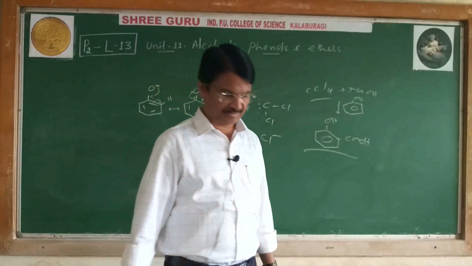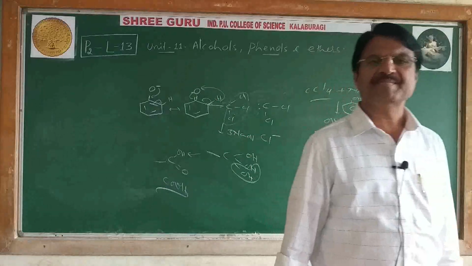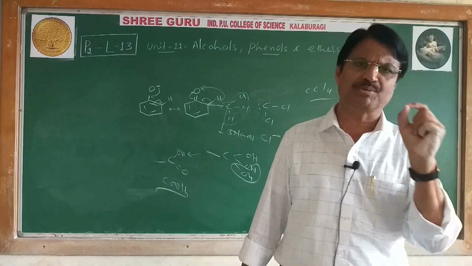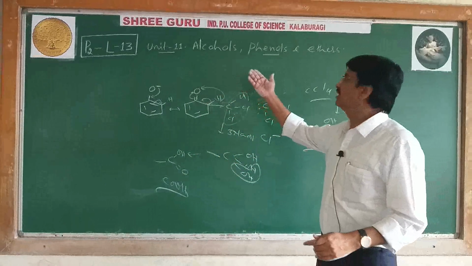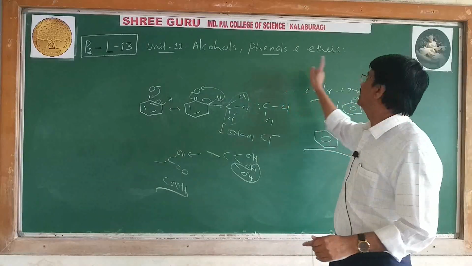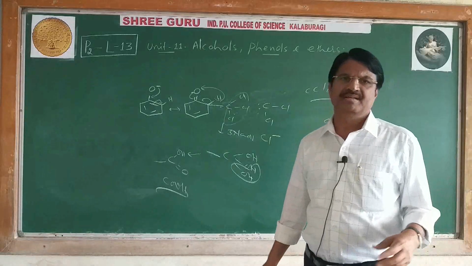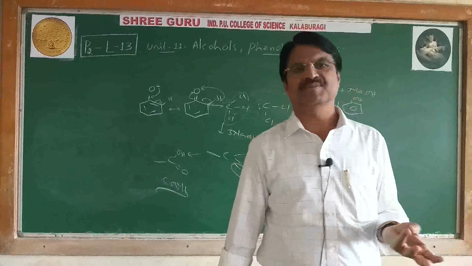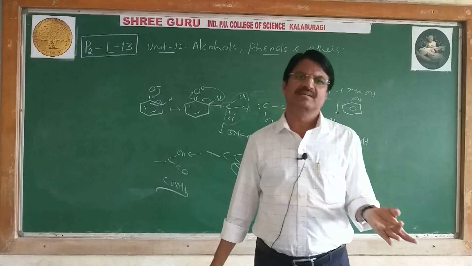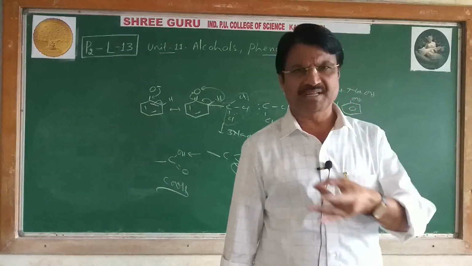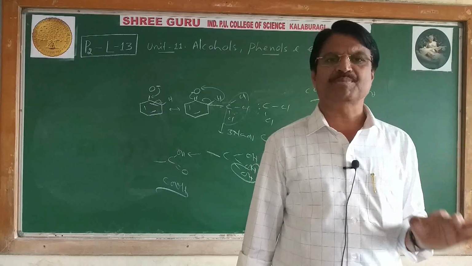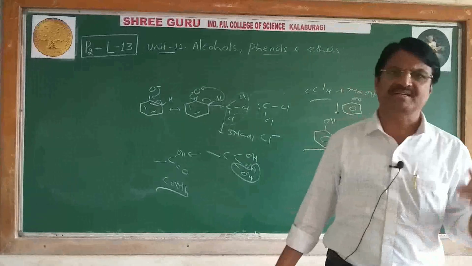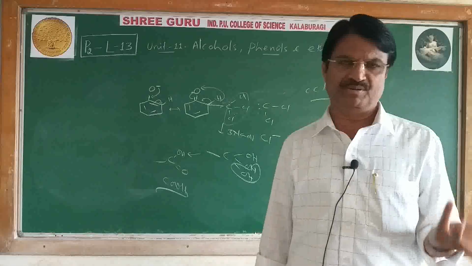So this completes the topic phenols. So I covered two topics, alcohols and phenols. There is one more part in Unit 11, alcohol, phenol, ether: two topics are over, and last is ethers. It is also a simple topic. In the ether topic we will study what ethers are, how they are classified, then how to prepare ethers by different methods, and physical properties and chemical properties, the same type as in alcohols and phenols. And that I will explain in the next video or in the next class.